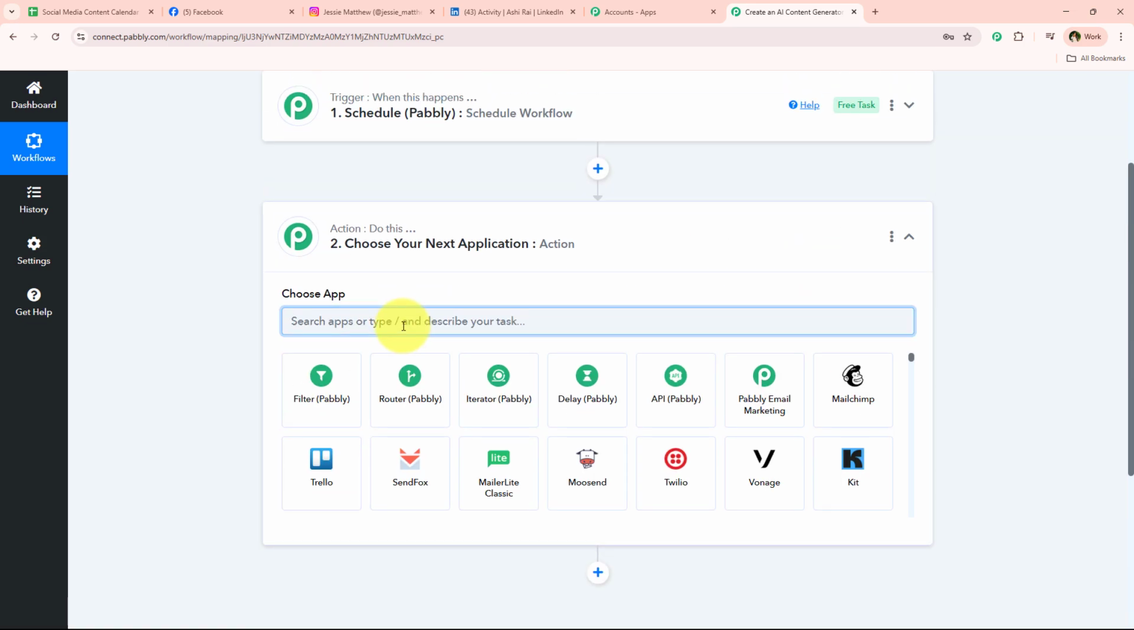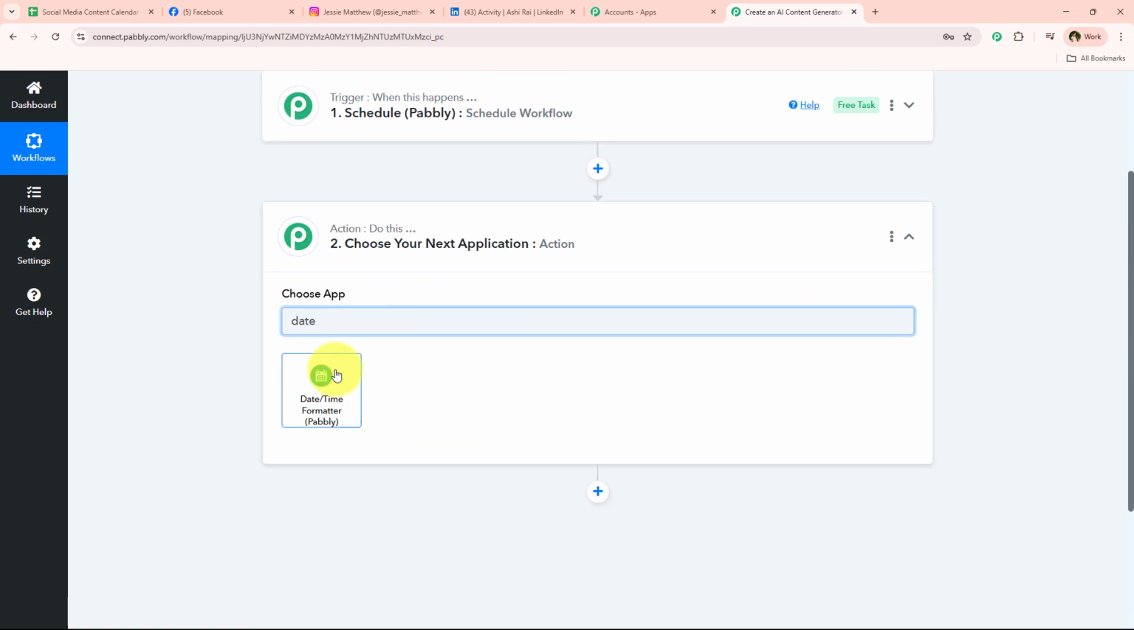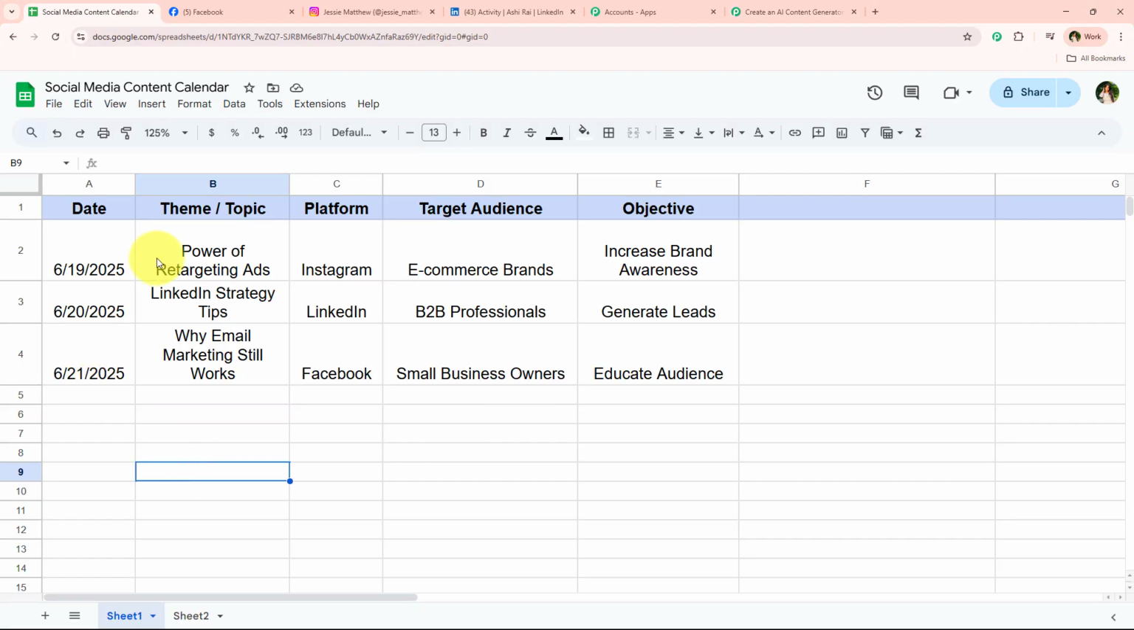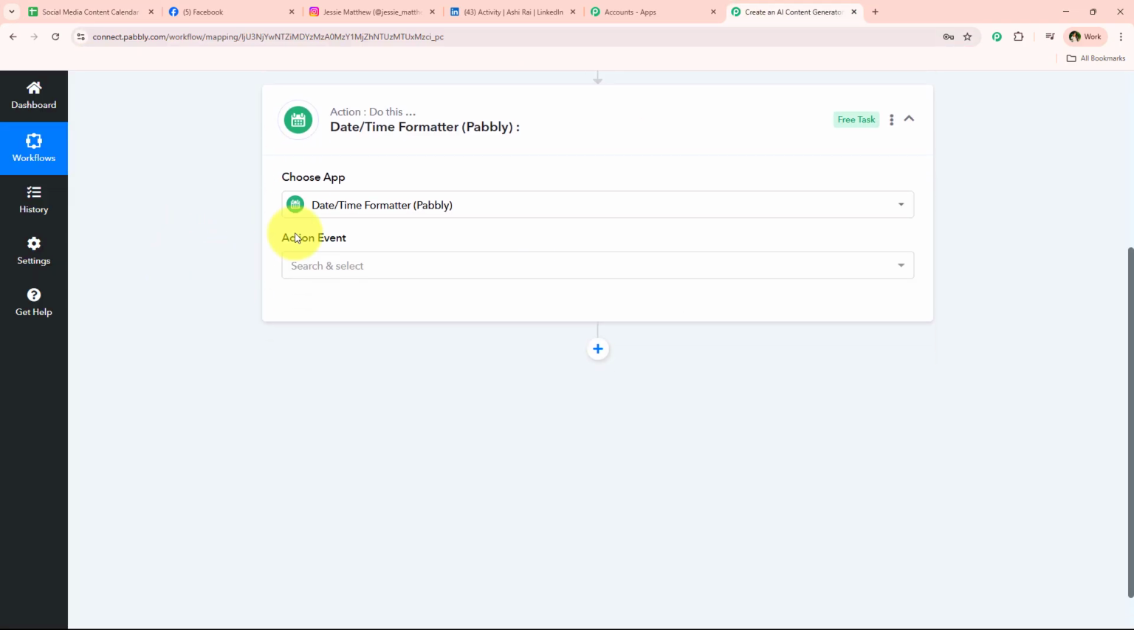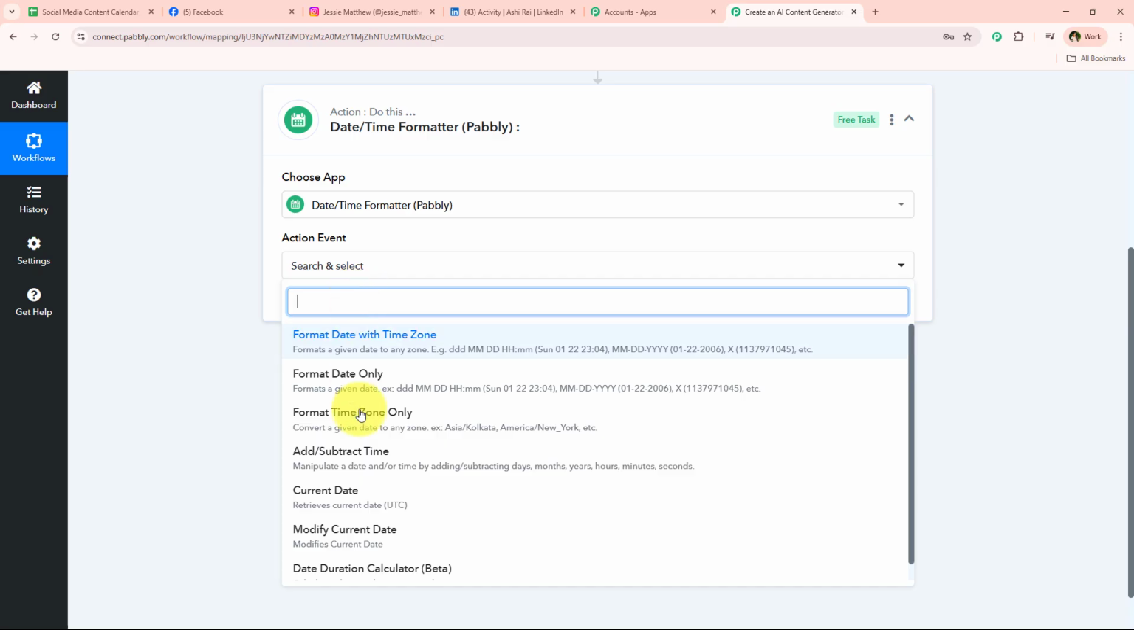Now what I'm just going to do is get the current date with the help of date time formatter. So I'm just going to select it, and now what I want is to first get the current date, and according to the current date I'm just going to post on the same platform which we have right over here in my spreadsheet. Automatically the topic, target audience and objective will be captured right over here, and we're going to create the post accordingly. So for that I'm just going to select the action event right over here which is current date,